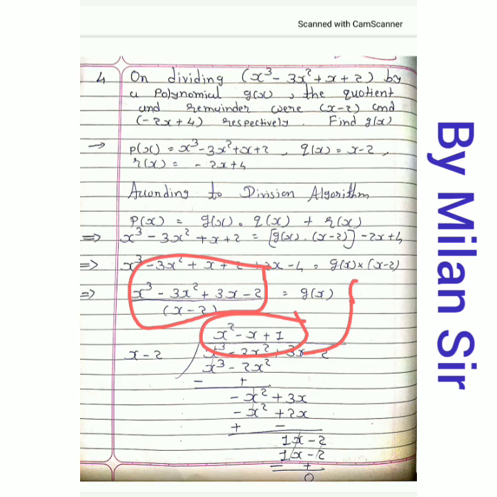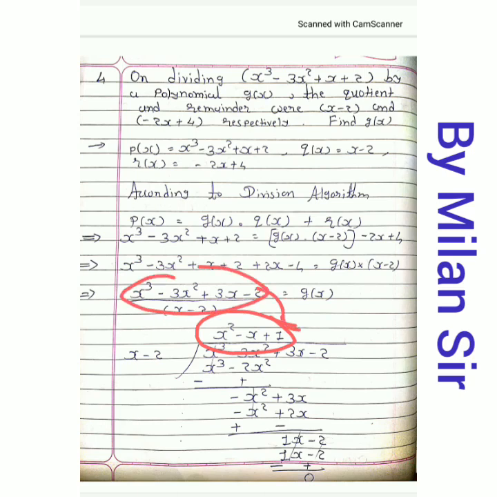It is g of x. Here some students think that this is q of x. So why do we call it g of x? Because it is a different division. That means here we say that the answer of this division is g of x, because we need to divide. Okay, so what answer finally did we get? That is our question. So the answer of this division process is x square minus x plus 1, and it is the g of x. Okay, so our g of x is equal to x square minus x plus 1.